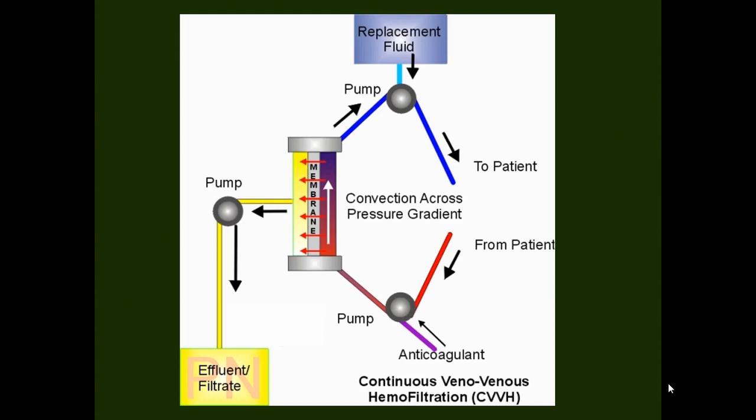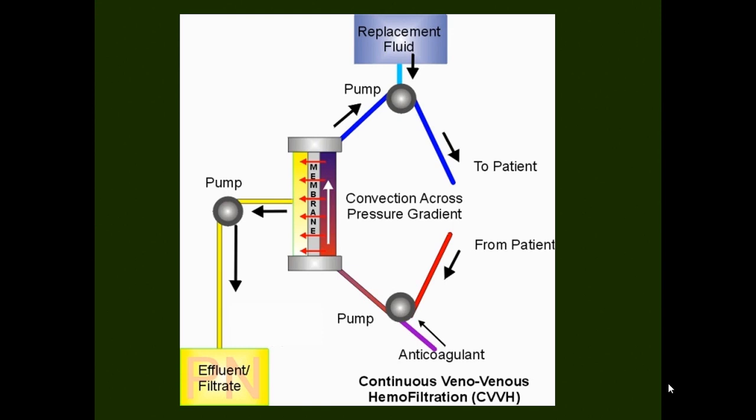So this is a line diagram of a CVVH mode, that is continuous veno-venous hemofiltration, which you do in your CRRT, not in your routine hemodialysis machines. So again the blood is going positive pressure here, negative pressure because of the pump here, the fluid gets translocated, and depending on the sieving coefficient you will have some translocation of the solvents. Primarily the molecules which are cleared by the convective forces are the middle molecules, right?